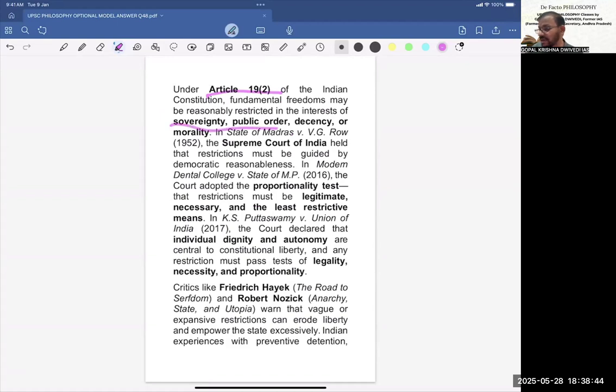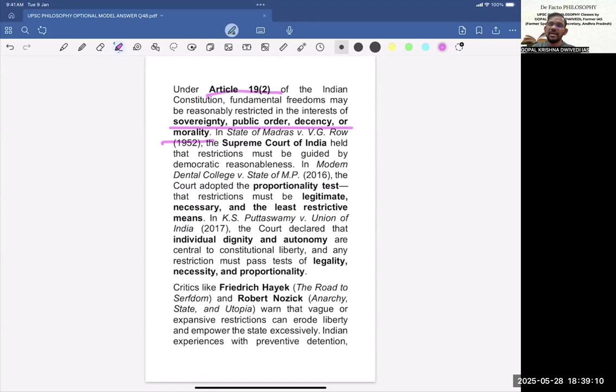So this is given in 19(2). In Article 19(1), various freedoms have been enumerated, and in 19(2) it has been mentioned that reasonable restrictions may be put in the interest of sovereignty, public order, decency, or morality. And who will decide whether restriction is reasonable or not? Courts will decide. High Court and Supreme Court, because they have been given the authority to